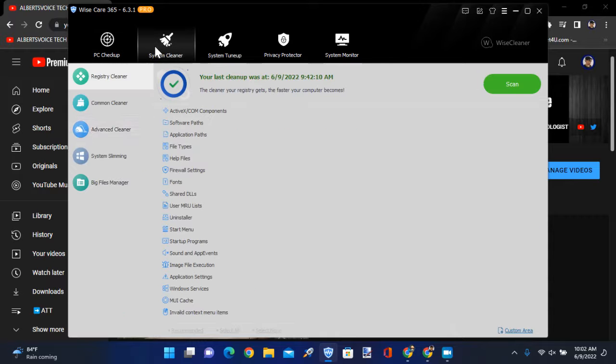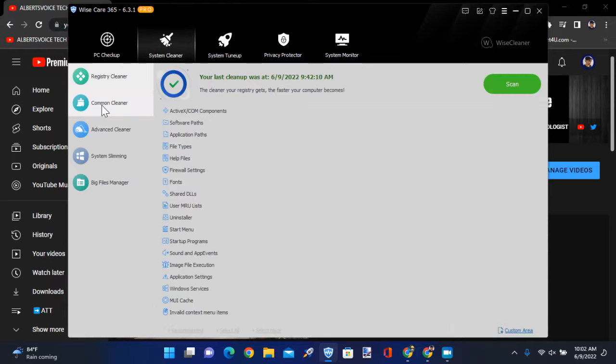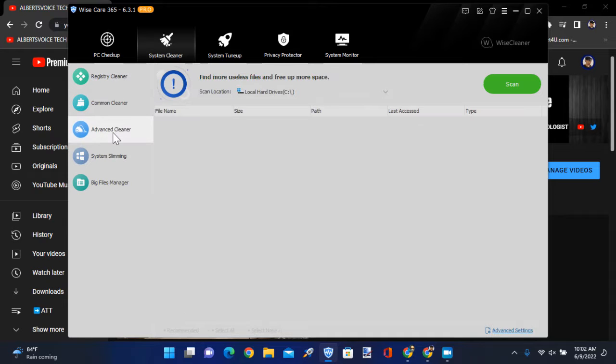Another thing too, and here is more things you can clean. Besides the PC checkup, it just does a random cleaning. You have registry cleaner, common cleaner, advanced cleaner, and big file cleaner. This will actually show you what's going on in your OneDrive as well. If you want to remove it, it's mostly images. System advanced cleaner. When you scan this,